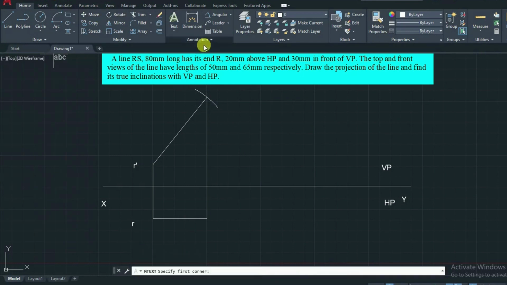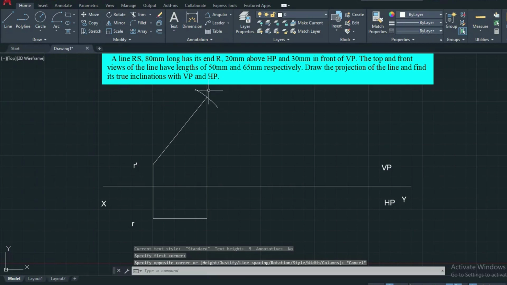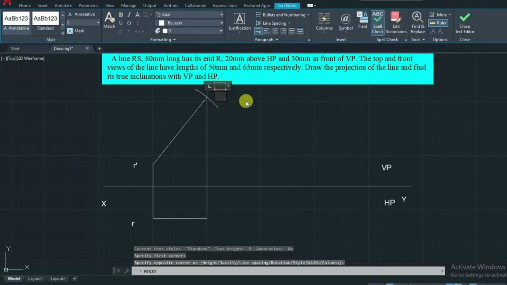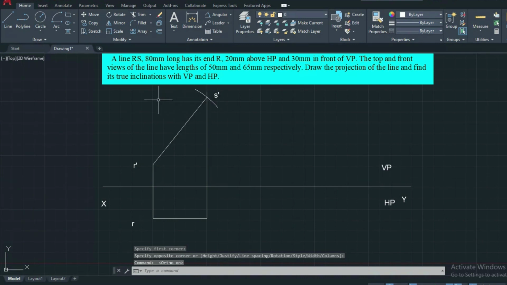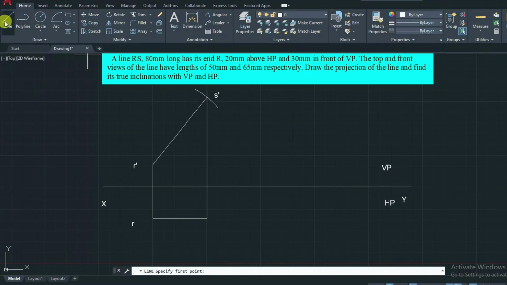So that is the other end of the line. S is the front view with the dash. Through the line you can draw one locus line, and through the other end you can draw the locus line.